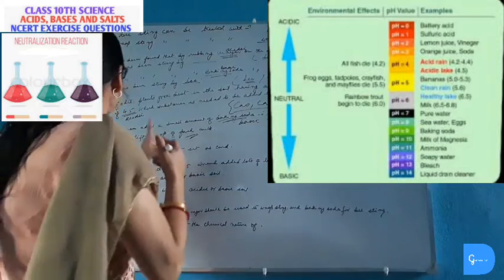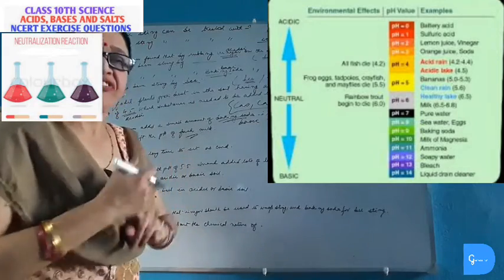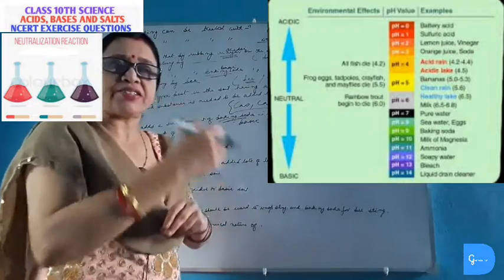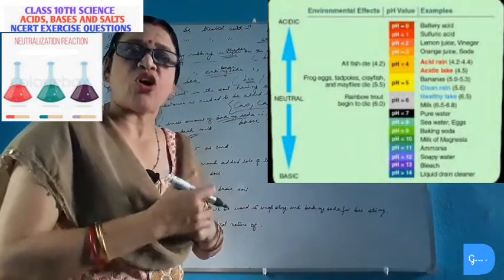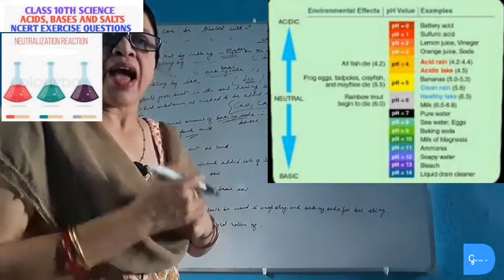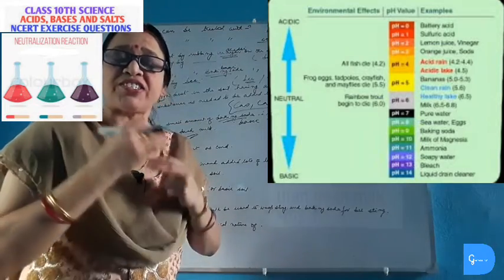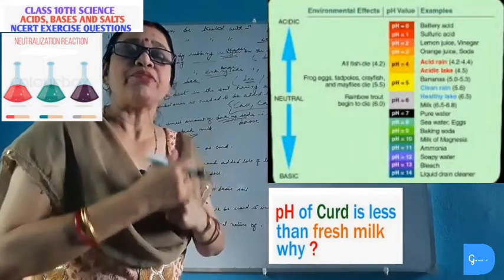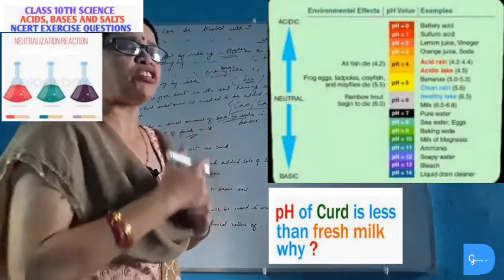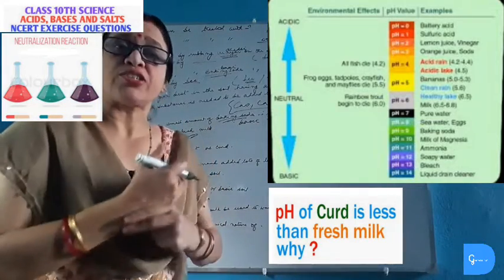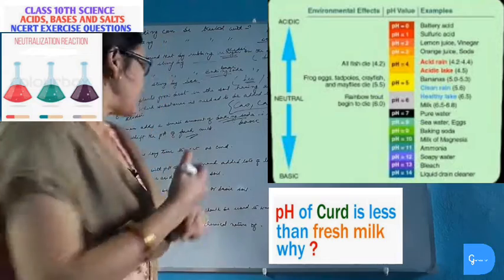Why is he doing so? He is doing so that the fresh milk does not turn sour quickly. As the pH increases, the fresh milk will not become sour easily. But fresh milk has a pH of 6, which is slightly acidic, so it will become sour easily. Thus, to avoid the milk from getting sour, he adds baking soda or some basic substance to the fresh milk.